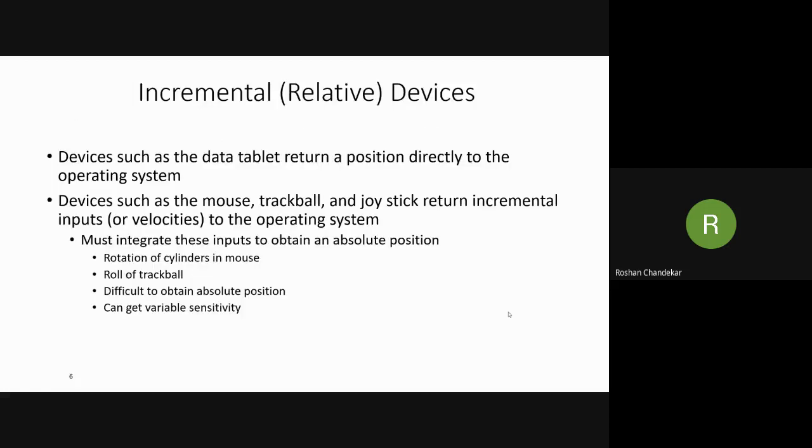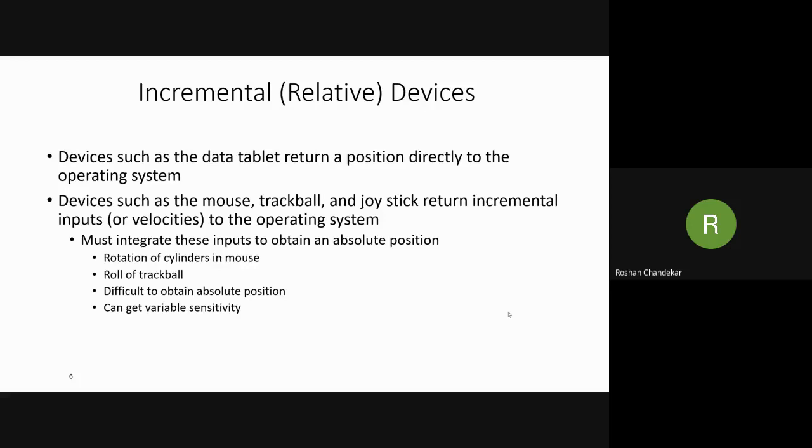Now the relative devices, incremental devices. Devices such as the data tablet return a position directly to the operating system. Devices such as the mouse, trackball, and joystick return incremental input to the operating system.